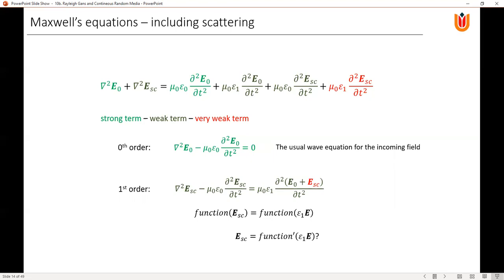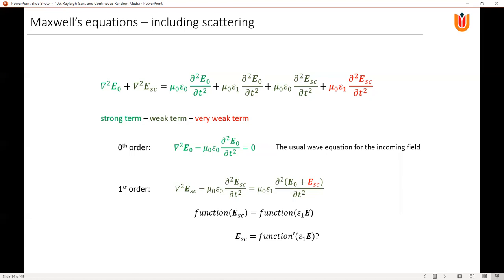So this is a differential equation that is not necessarily usually solved. What it will say is that we have a function here, so the solution to the left hand side will be a function of the scattered field, as a function of the properties that is equivalent. On the right hand side, we have a function of the total field, because we still have E0 in the scattered field. So the question now is, can we